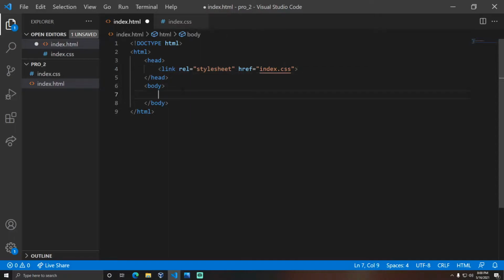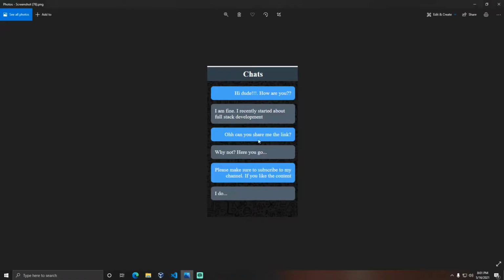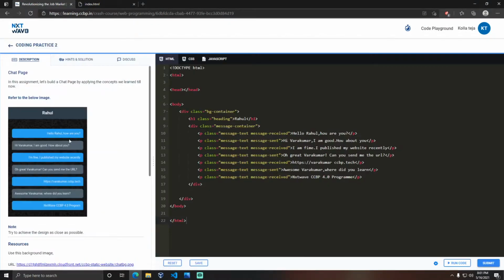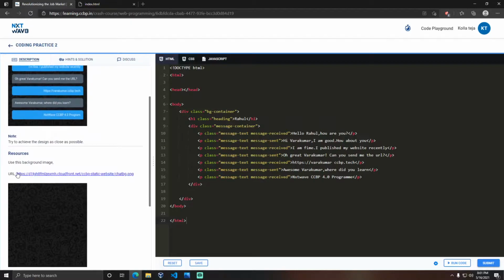Just accept it. And now if you want to create a background like this, it is nothing but a background image. You can see that. That was a background image, and here you can copy this link and paste it here.